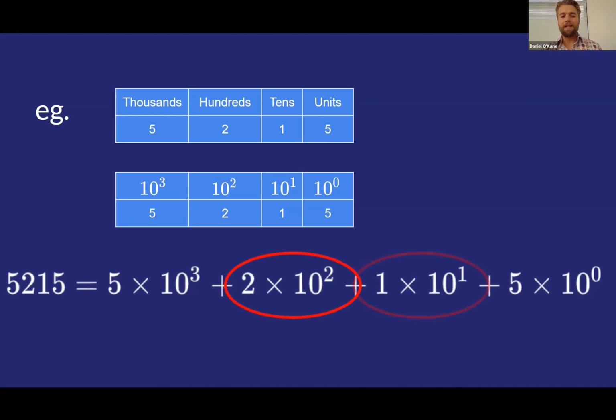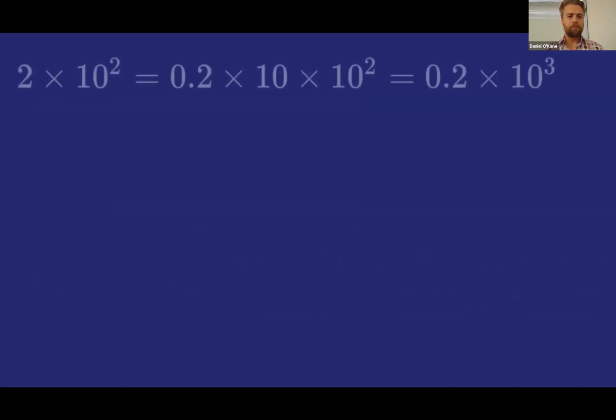So I'm going to take these 3 numbers now, and I'm actually going to convert them to be in terms of 10 to the power of 3. So they won't technically on their own be scientific notation anymore, but this is how I'm going to be able to add these 4 numbers together. I want them all to have that same power of 10. So 2 times 10 to the power of 2, if I want to write that with a 10 to the power of 3 now,